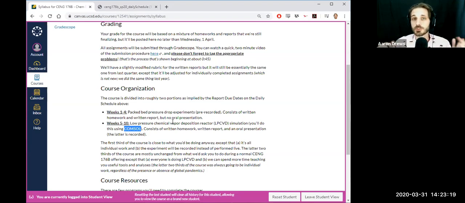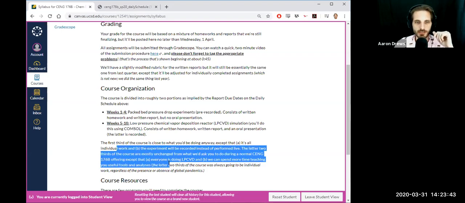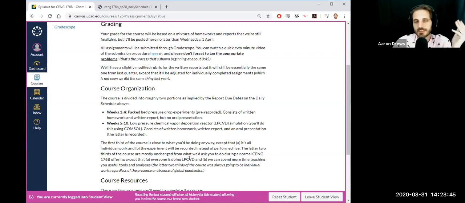That will actually be to your advantage compared to the way that the LPCVD reactor normally works, in that we have more time to get you up to speed on that software. And that should mean that you have a better grasp of it as you go. So we'll do some more worked examples and have you answer some questions before we get to the actual report. And this is just a summary of exactly what I just said. It's not that much different than what we would have done anyway.